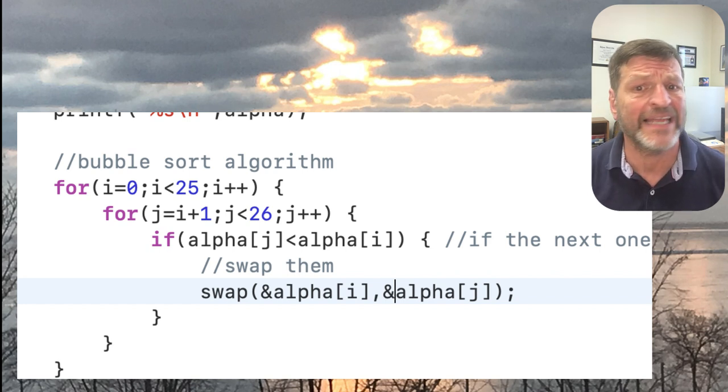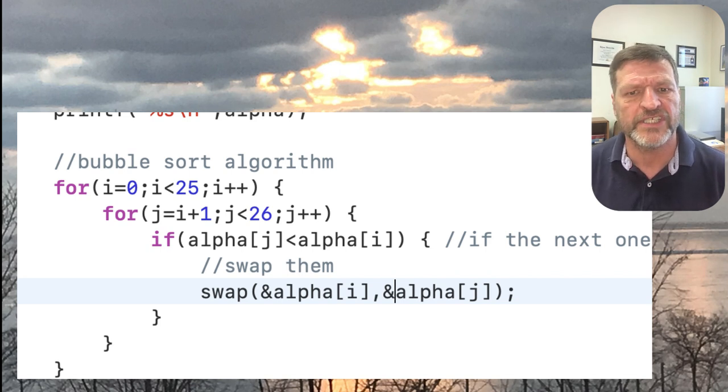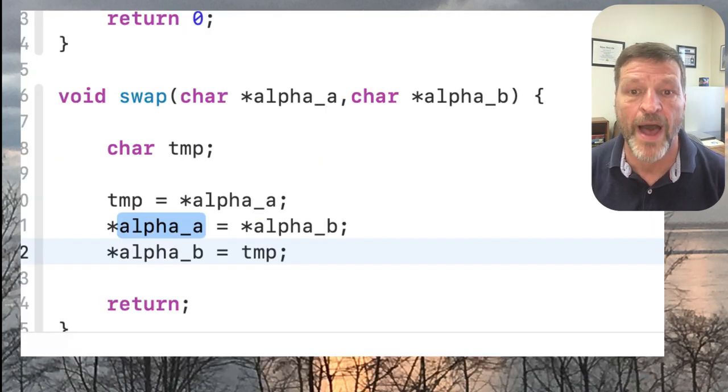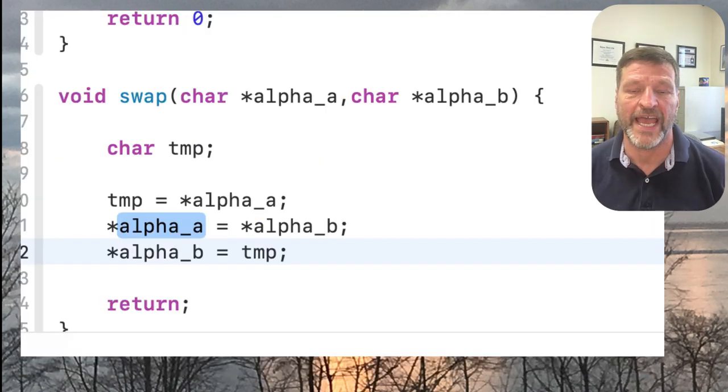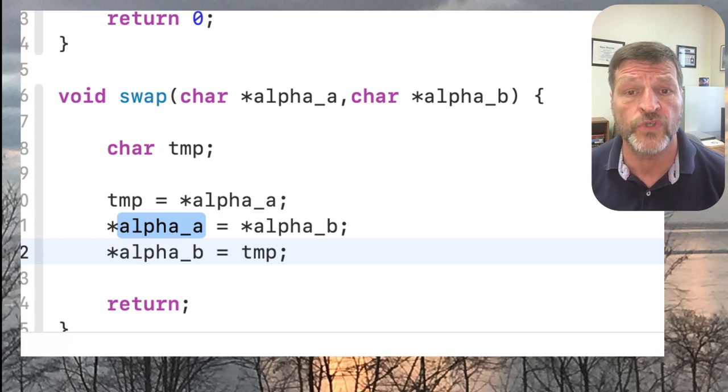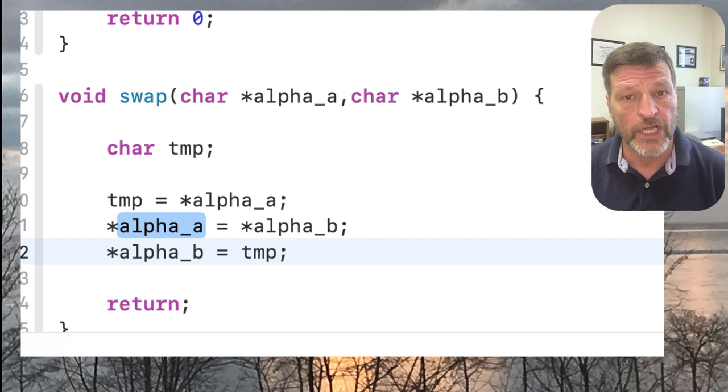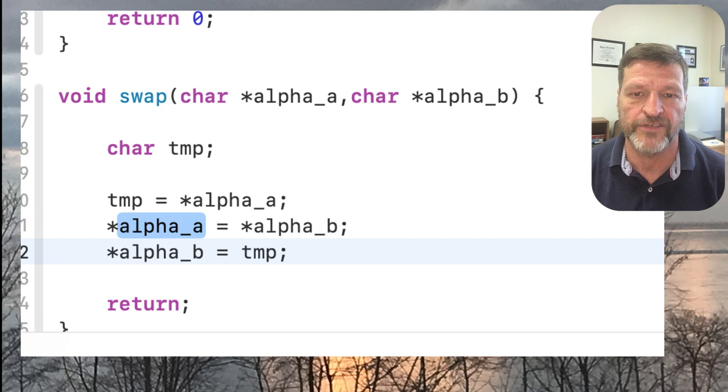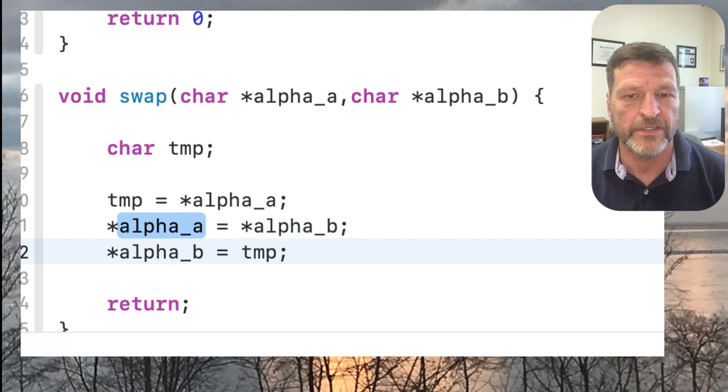When I do that and I compile it, I get all sorts of errors, right? So don't do that. It's going to say type mismatch, data type mismatch, variable type mismatch. So what you have to do is inside swap, you have to tell it, I'm going to send you an address. The way to do that is to convert alpha underscore A and alpha underscore B to pointers. So you've got to put stars in front of them everywhere, including down in the contents of alpha sub A,